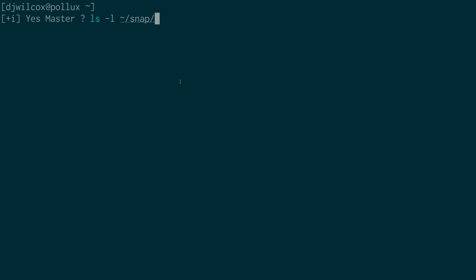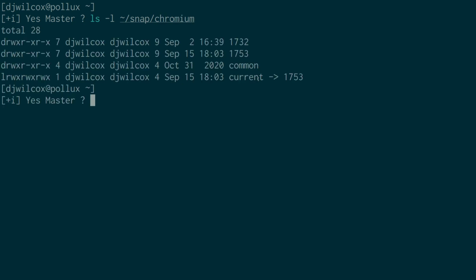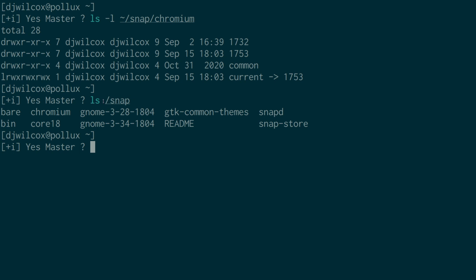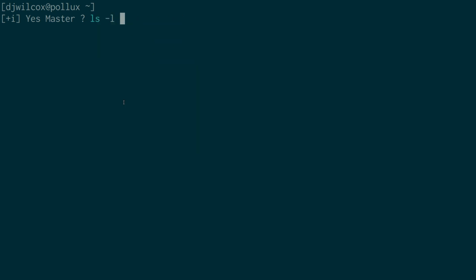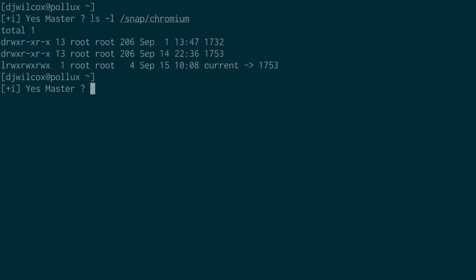So we've got Chromium here, and what we've got is different version numbers, and then common, and a symlink from current to the latest version here. But there is also a snap directory at the root folder here. You can see /snap. So we've got snap, Chromium,